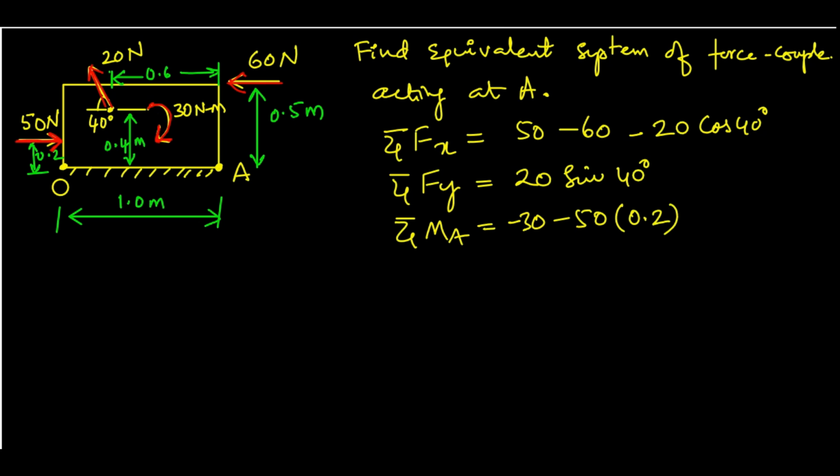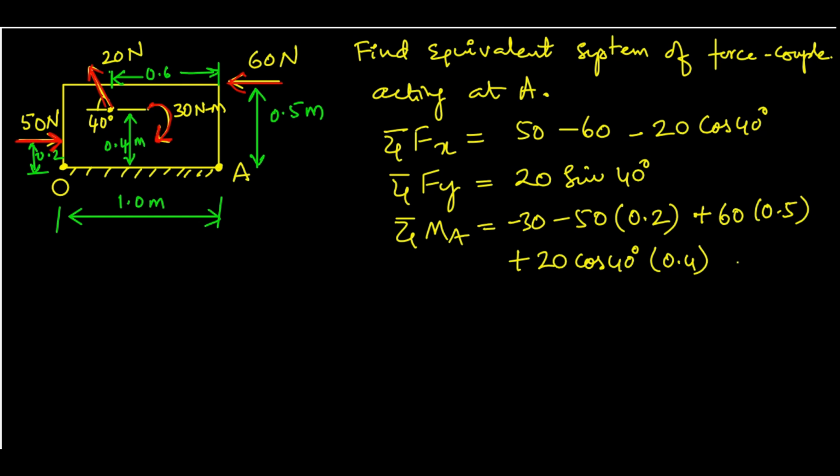Minus 30 is this, it's going clockwise, so it is minus, and minus 50 times about point A, so it is causing negative moment, plus 60 times 0.5 height and plus 20 cos 40 degree times 0.4 vertical distance